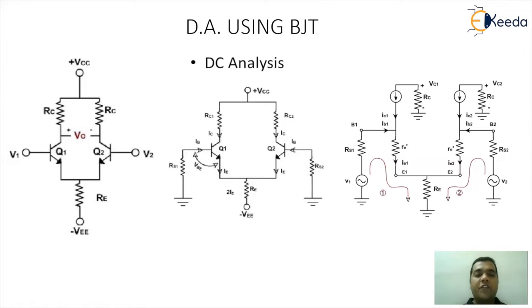So if you observe the differential amplifier circuitry, it is basically operating on two voltages, a top VCC which is positive and a bottom VEE which is actually negative. It has two input points, V1 and V2, where you can give your signal, and the output is available at the collector of both the transistors.